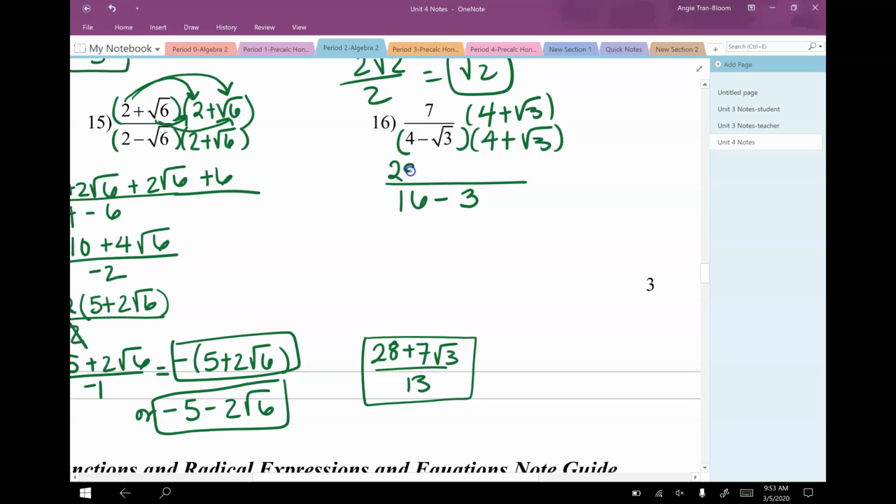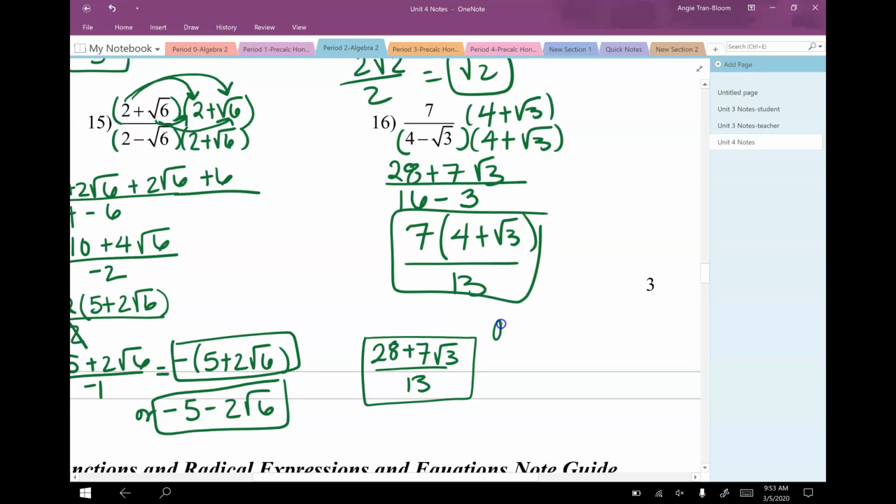Okay, so that's what Santana has. 28 plus 7 rad 3. Technically, I will accept what Santana has, or you can leave the 7 in the front because that's a common factor, all over 13. I will accept that or that, okay? That's an algebra for today. Work on number